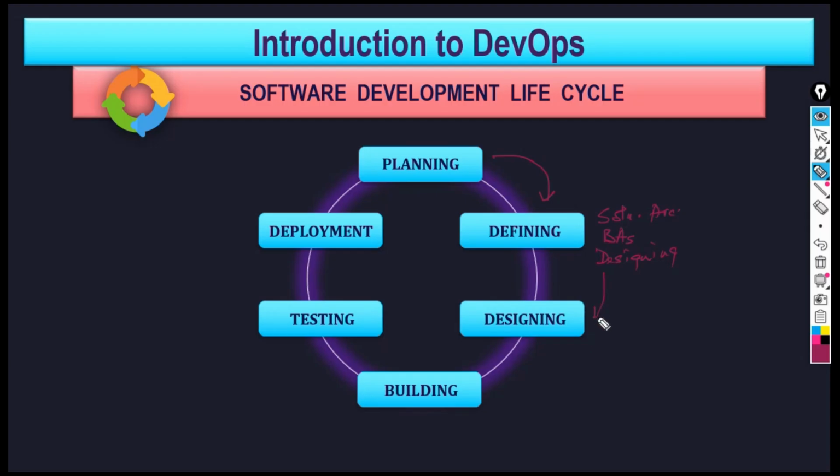Finally, the design team will produce those documents called DSDs, sensitivity diagrams, or UMLs. And it will come to the building or development team. The building includes the coding plus what? Code plus build. So there is a software package. Just now we have discussed all these things.